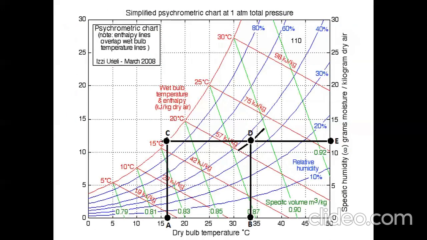Now this is the psychrometric chart. At point A we will locate the dew point. From here on this 100% relative humidity curve, we will draw a straight line and it will intersect at C. From here we will draw a line towards E, and this gives you the humidity of the air. Now we will take the atmospheric temperature on this axis, we will draw a straight line which will coincide with this line, and by drawing this curve you will get the percent relative humidity of the air at that point. So in this way we read the psychrometric charts.